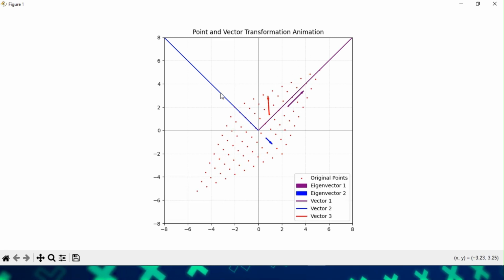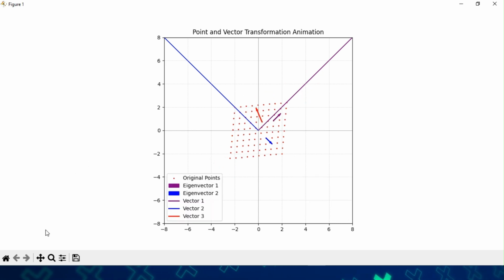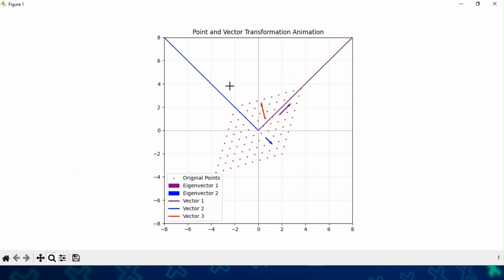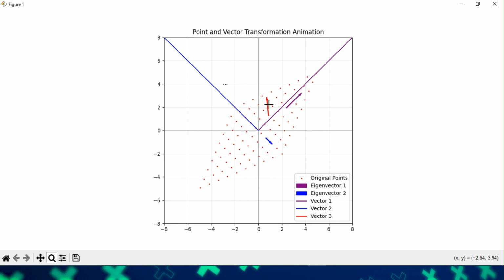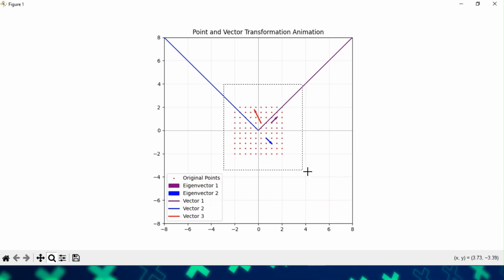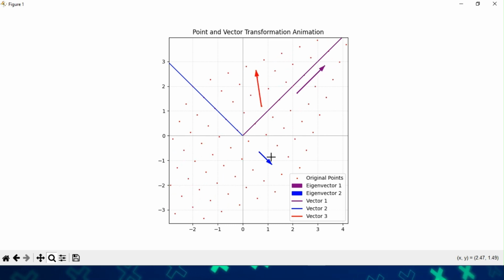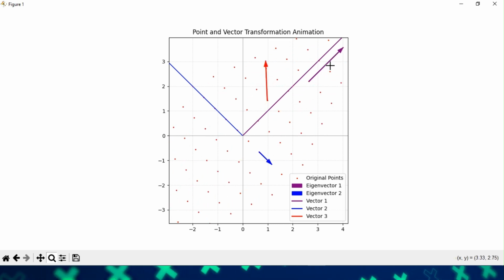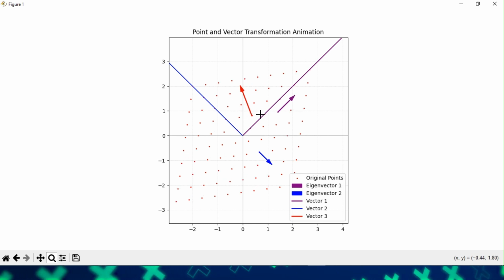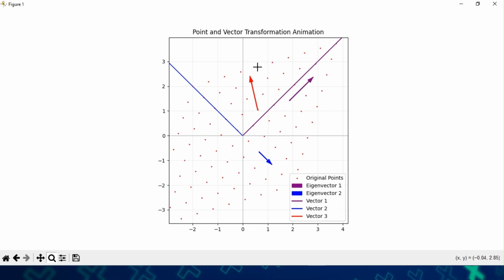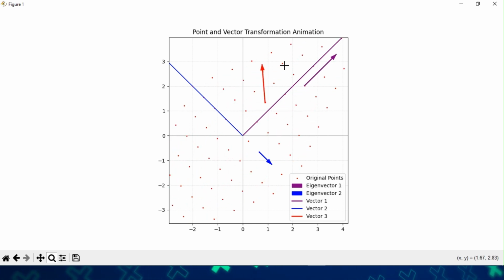Let's see. Here I applied a simple symmetric linear transformation. The purple and blue lines show the eigenvectors, multiplied by a big number for convenience. Now these blue and purple vectors are parallel to these eigenvectors, so their directions do not change. The length changes because the eigenvalue of purple is 3. The red vector is not parallel to any of them, so both its length and direction change.